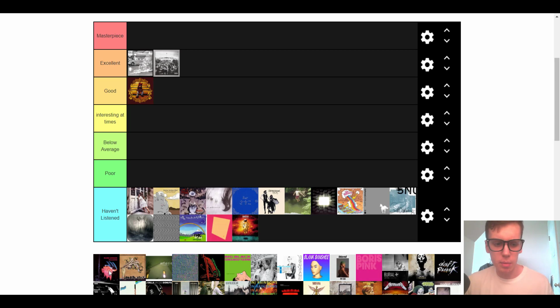Moving on, we have Black Sabbath's Paranoid, and this one features some of the greatest heavy metal riffs of all time. I mean, it's insane, going through track by track. Almost all of these tracks have iconic riffs on them. Iron Man being one of them, probably one of Black Sabbath's more famous tracks in general. But obviously, I think for me, the shortfallings of this thing are the lyrics, and I probably am still going to stick this thing in excellent,